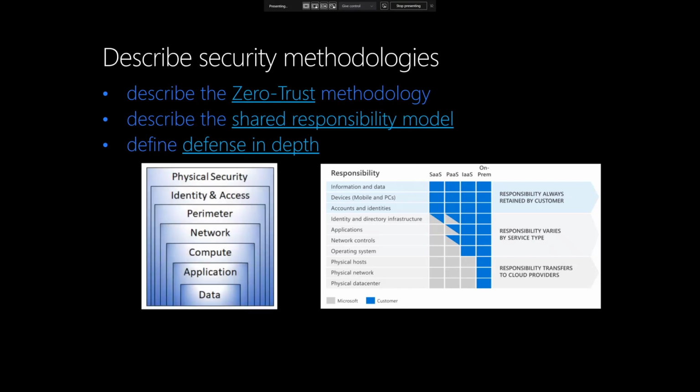The third area is defense in depth. And this concept of defense in depth is not something new to Microsoft. It's been around for quite a while. And the idea is that we use a layered approach to security rather than relying on a single perimeter, such as your firewall. The defense in depth strategy uses a series of mechanisms or controls to slow an attacker's advance